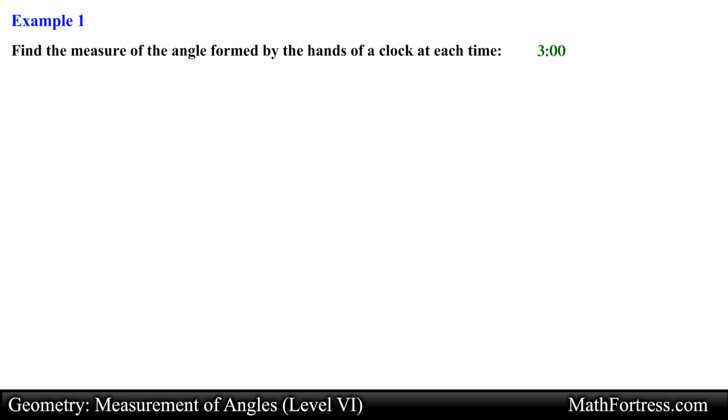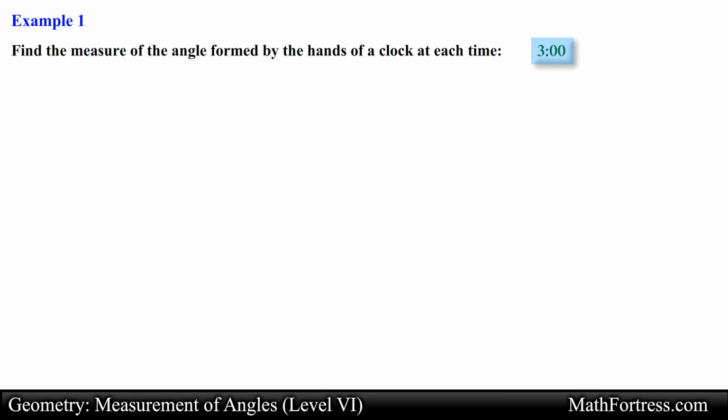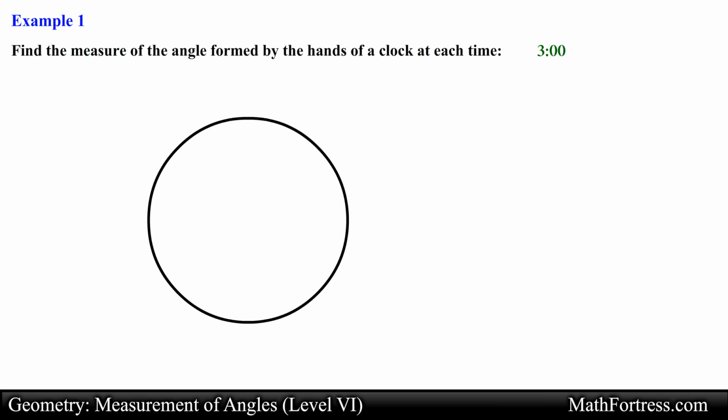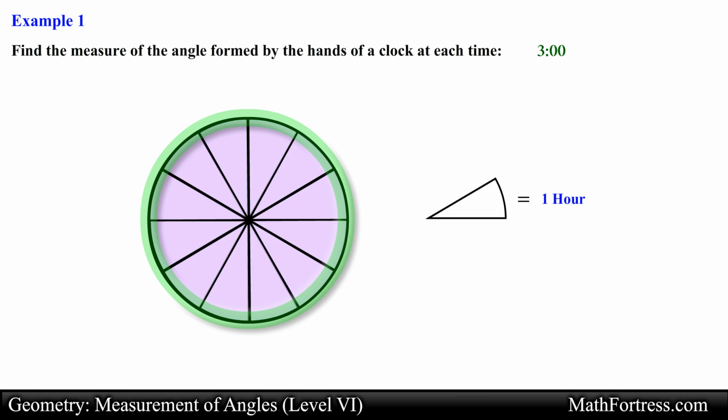In this problem, we are asked to determine the measurement of an angle formed between the hour and minute hand at particular times. Let's first draw a clock and determine the degree measurement between each hour. A typical clock can be modeled by using a circle and dividing it into 12 equal slices. Each slice corresponds to a single hour. Since a revolution around a circle corresponds to a degree measurement of 360 degrees, each slice will be equal to